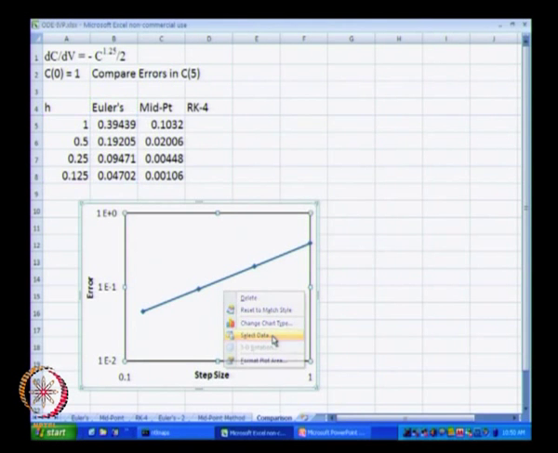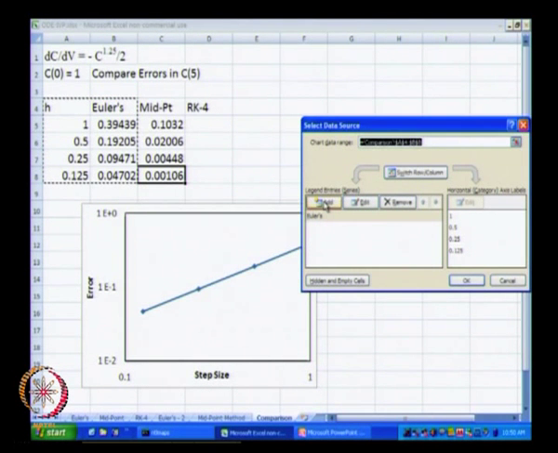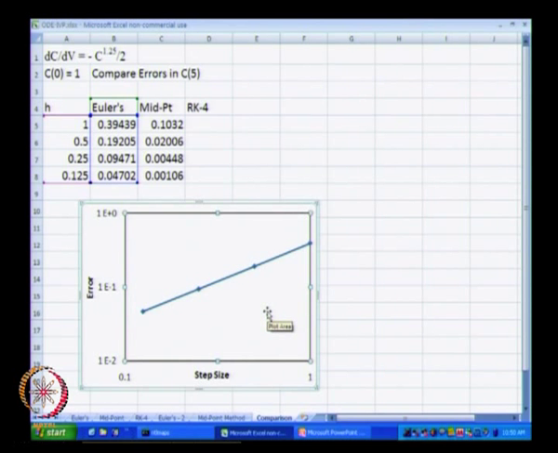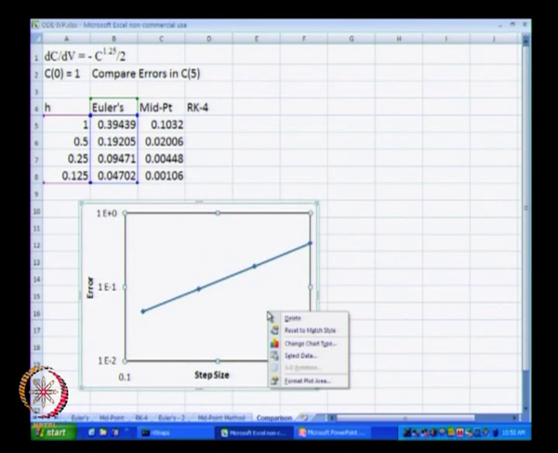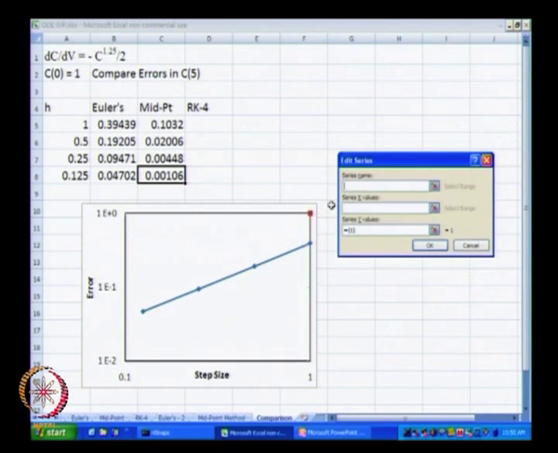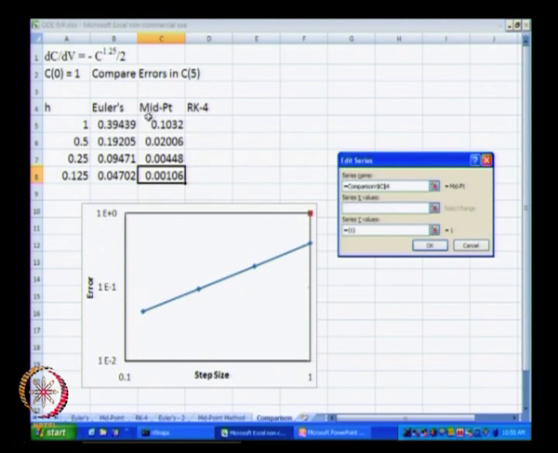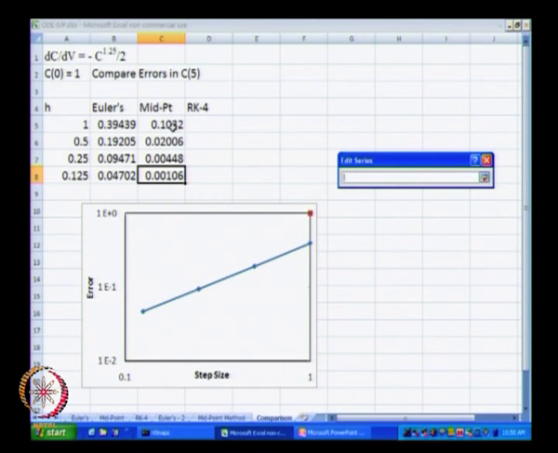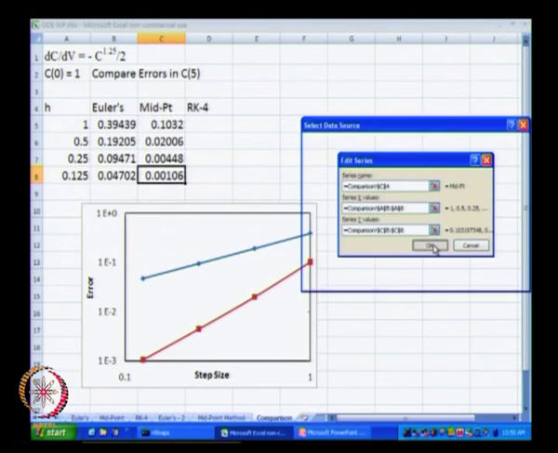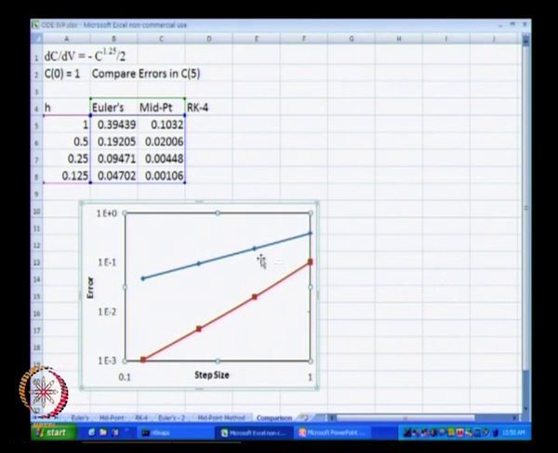What I will do is I will also plot the midpoint method. The way to plot an additional data set on this plot is right click and choose select data, add the data, the series name is going to be midpoint method, the x values are going to be the step sizes, and the y values, the original y values I will just delete, and then click on this and choose the values in the midpoint column, okay, and it is done.